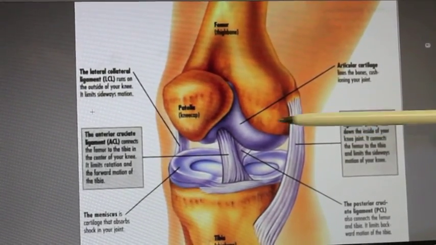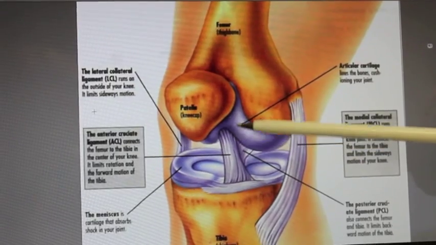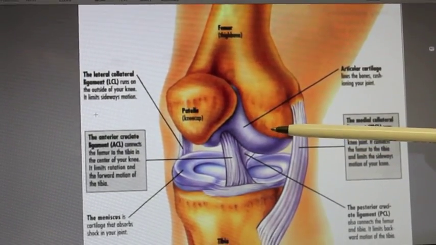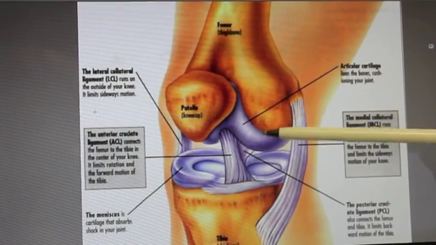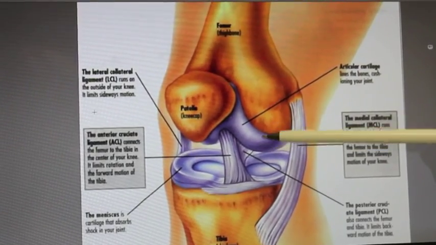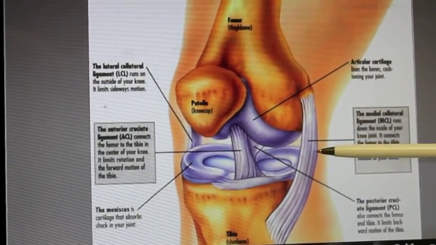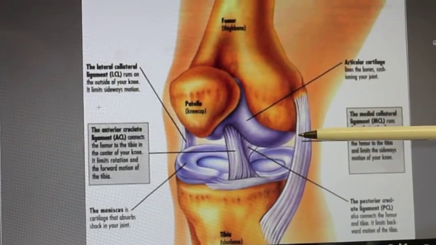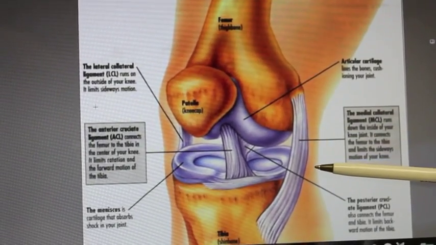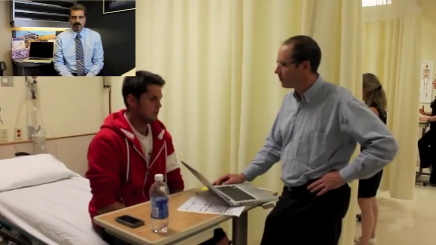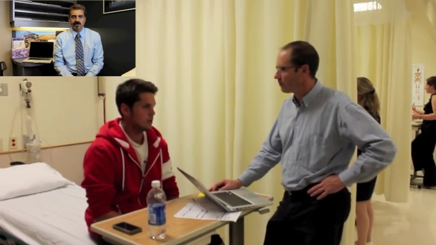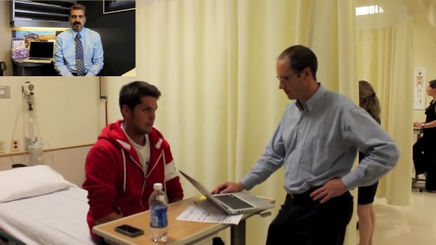There are other structures such as the posterolateral corner structures, which are not shown in this diagram, which are also important for stability of the knee. They may be injured at the time of ACL tear and may have to also be addressed surgically at the time of ACL reconstruction. The diagnosis of an ACL tear starts with listening carefully to the history of the injury